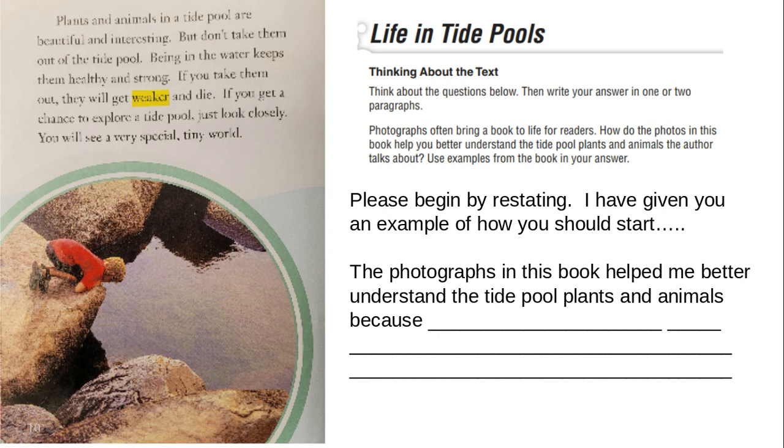Please begin by restating. Here's an example of how you should start. The photographs in this book helped me better understand the tide pool plants and animals because